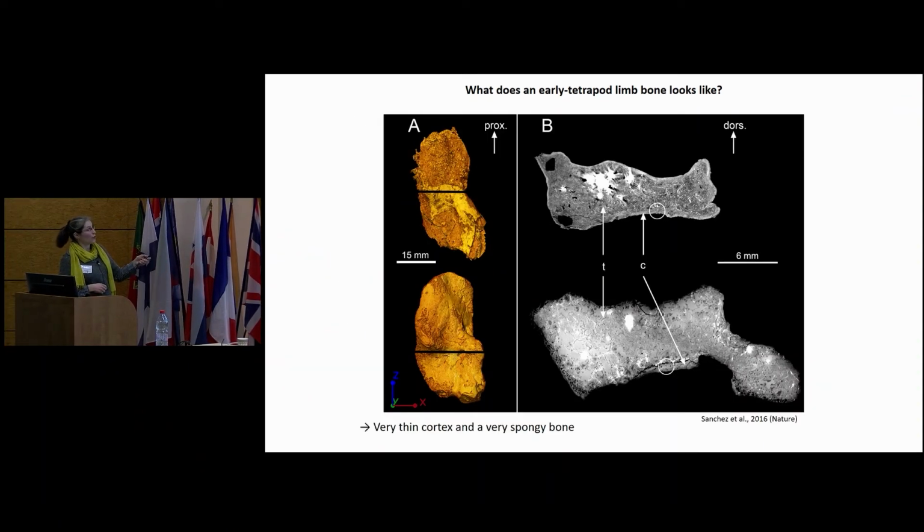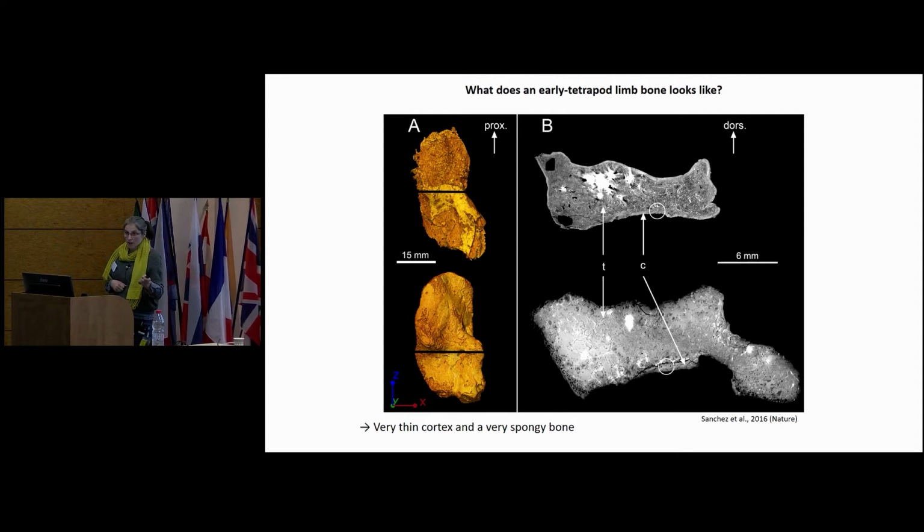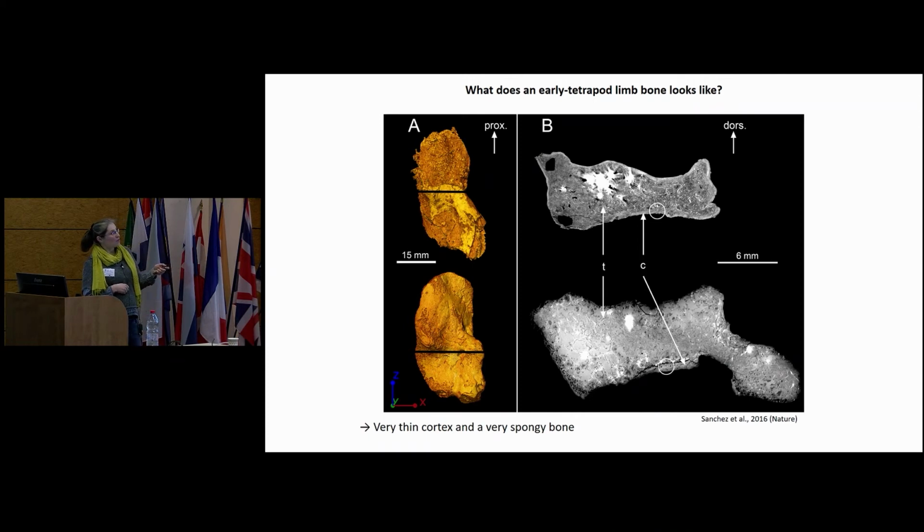You have your humerus here, the youngest one, sorry, and that's the oldest one. So if you do a virtual thin section at midshaft here, this is the image that you would see. And now that you are experts in limb bone development, you can see that you have a cortical bone all around, which is really, really thin. And inside, this is a very spongy bone. You have exactly the same configuration in the youngest individual as well as in the adult one, except that the cortical bone is only preserved in some places, here, here, or here. But apart from that, you also have a very extended spongy bone inside.